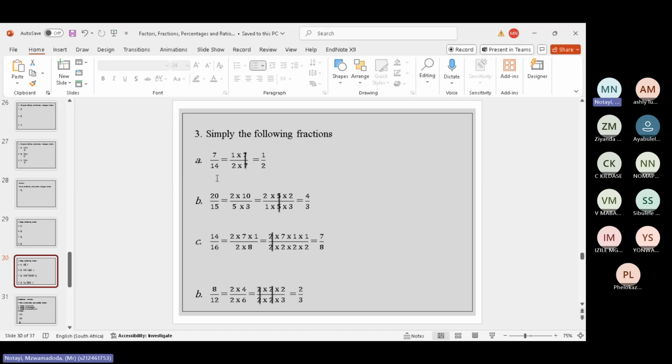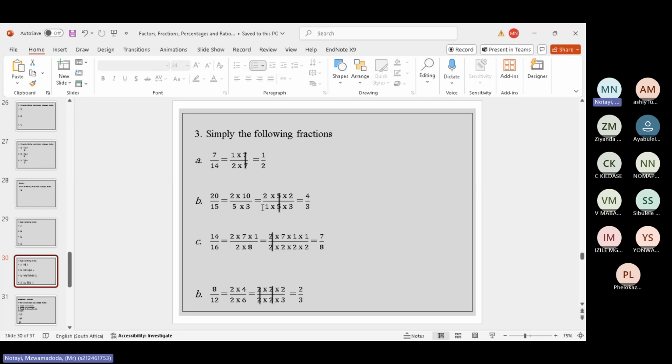Okay, so 7/14 is like saying sevens in 7, there's 1. Then sevens in 14, there's 2. So 1 times 7 divided by 2 times 7. 7 and 7 cancel out. We're left with 1/2. Okay, number 2, 20 divided by 15 is equal to 2 times 10 divided by 5